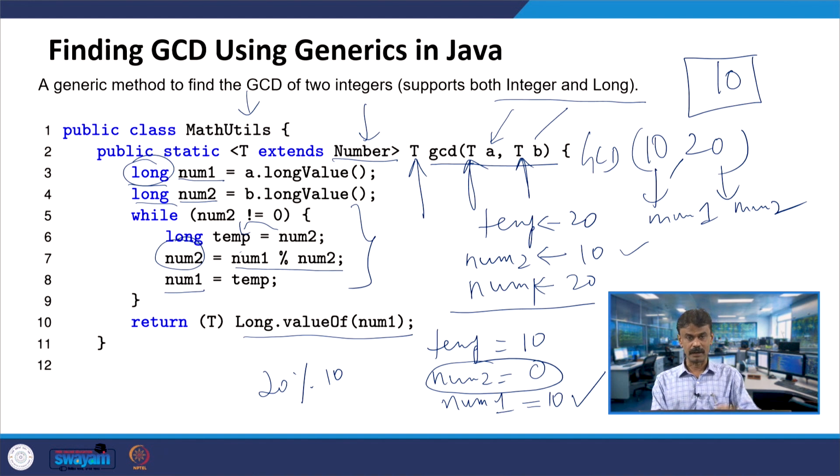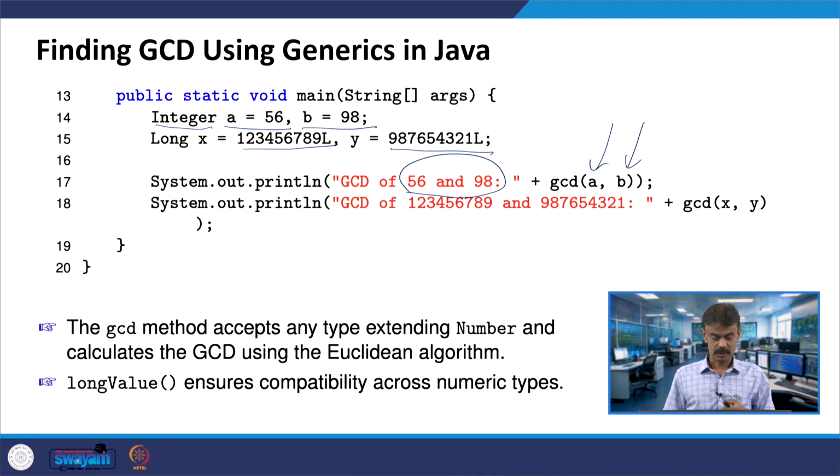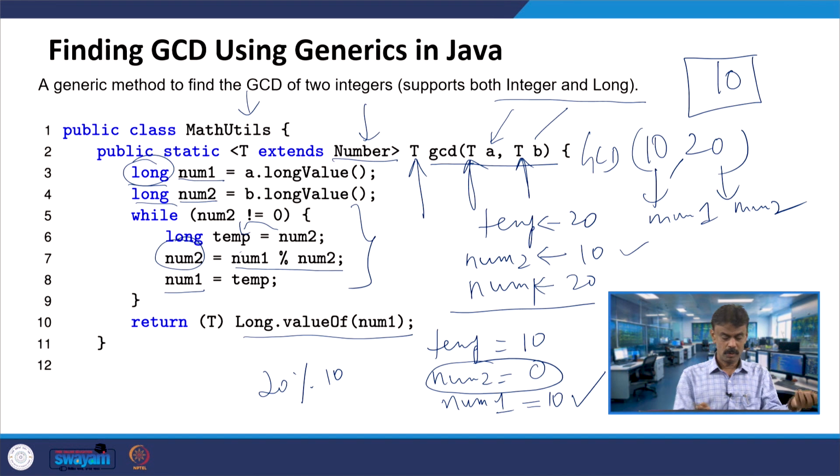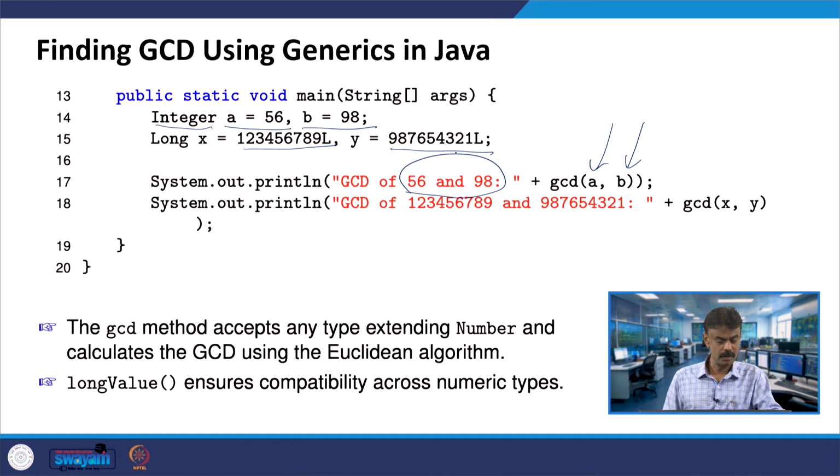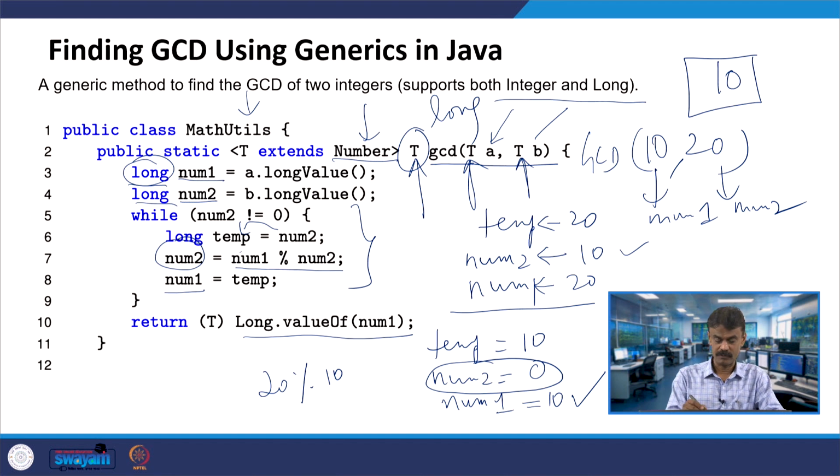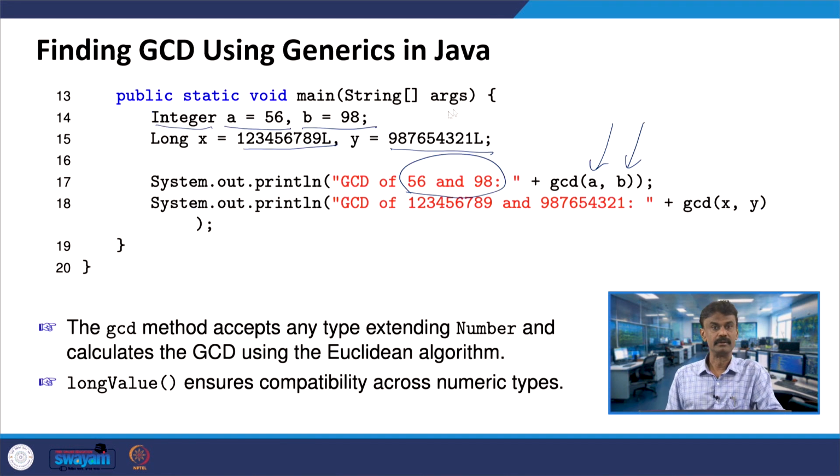So, then it will return the GCD, right. Similarly, it is a big number, already it is long. Now even the conversion number 1 and number 2 will become long, and more importantly T is what now? Long, right. So, T is long. So, here you have long. T is long, in fact capital L, that is what we have written here, alright.